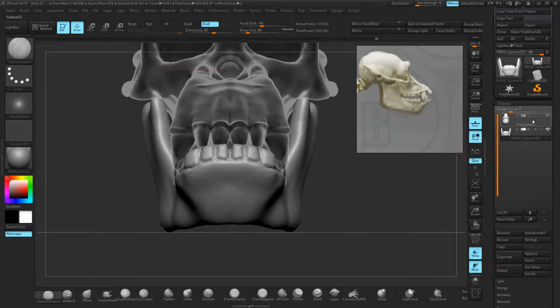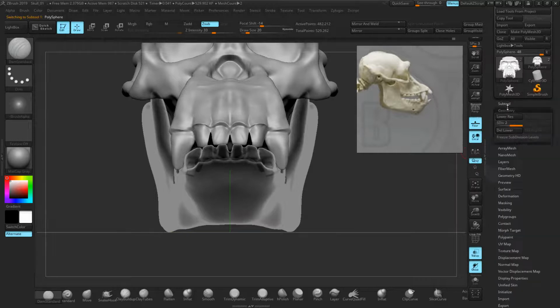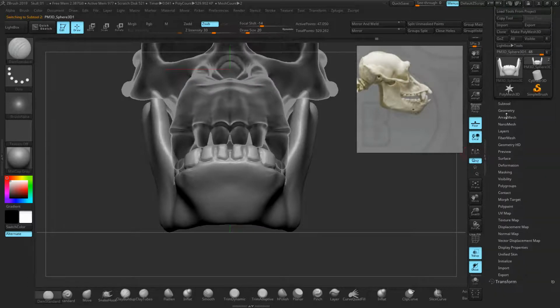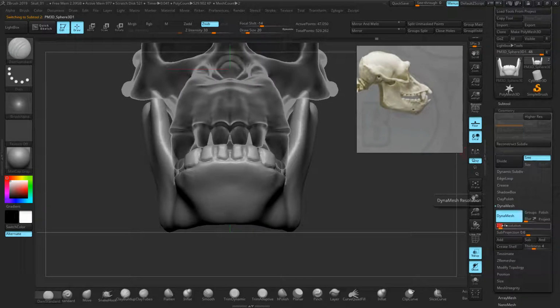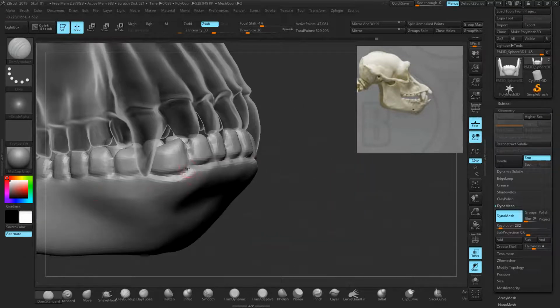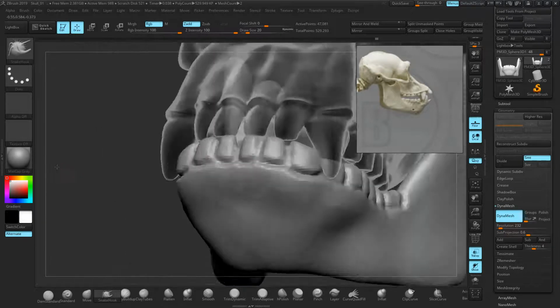So let me just see, what did I add this Dynamesh to? Geometry, I did 240, so let's just keep it consistent. Let's go to the jaw, geometry, let's set this to 240, Redynamesh, and then I can divide it when I want to add a little bit more detail. So I'm going to continue using that Damien standard, and I need to use that snake hook tool just to push that teeth,